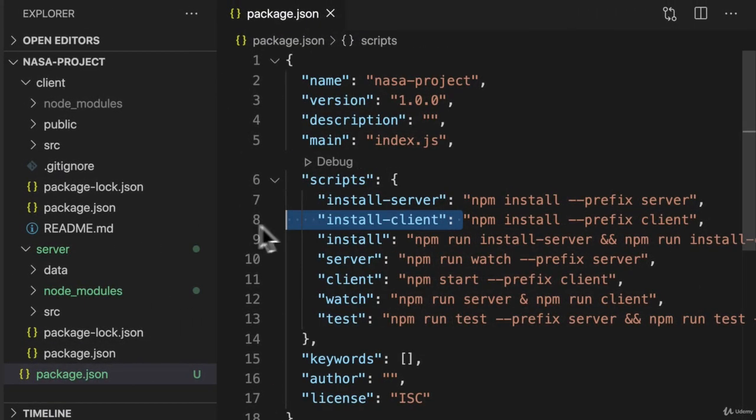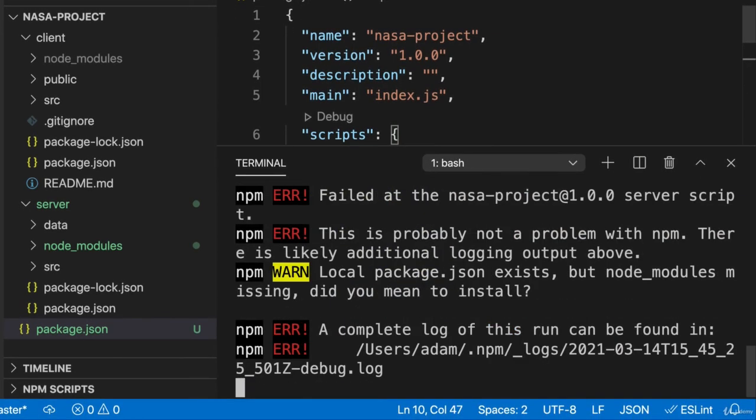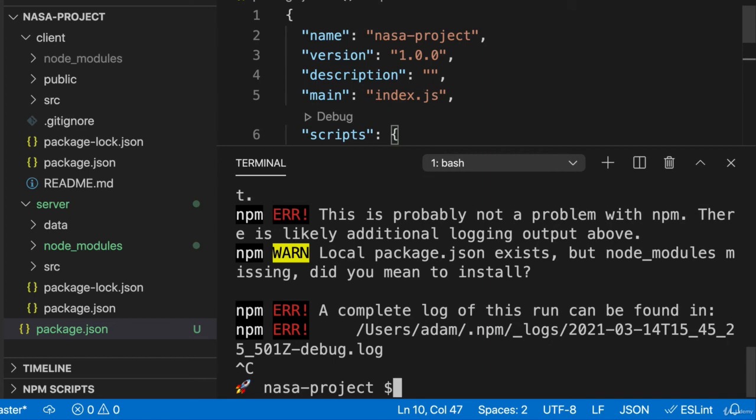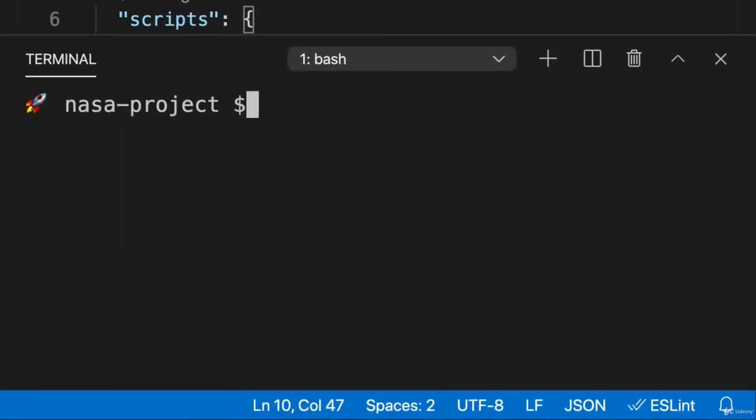And now, our project should be a lot easier to work with, and our lives as developers will involve a lot less switching back and forth between folders and getting confused which terminal we're in. So let's demonstrate the npm install command. I'll terminate the client and server. Let's clear the terminal, make it nice, and npm install